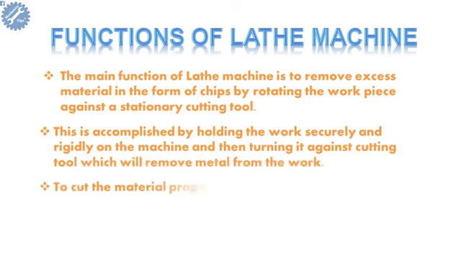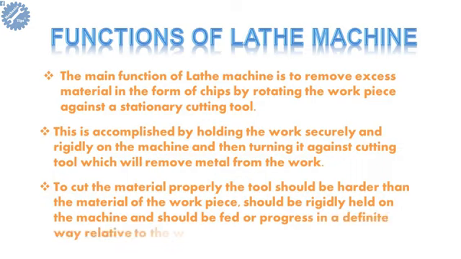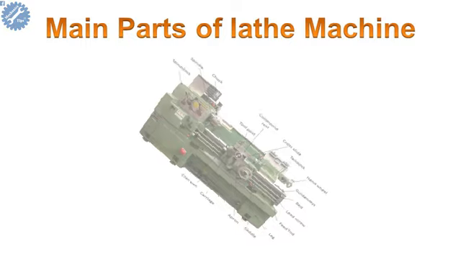To cut the material properly, the tool should be harder than the material of the workpiece, should be rigidly held on the machine, and should be fed or progressed in a definite way relative to the work. Main parts of lathe machine: